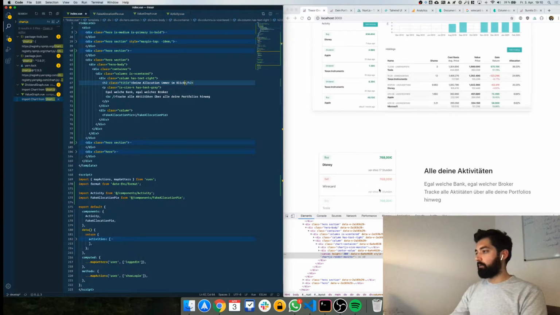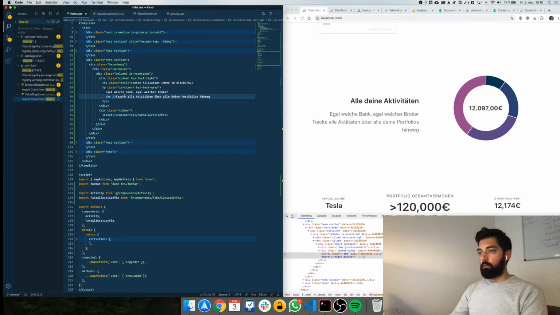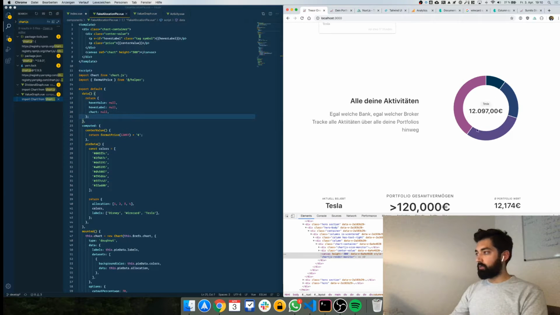Okay, this looks better. So the allocation chart here is so nice, and then it shows Tesla, Wirecard, Disney, but we should put some